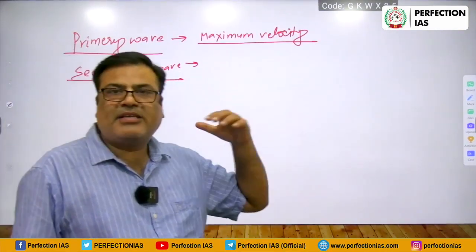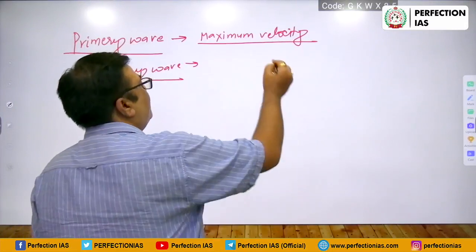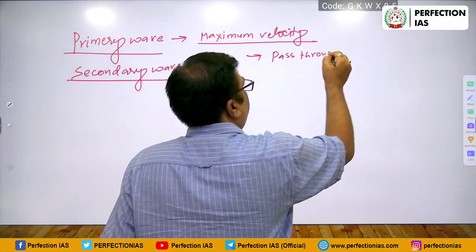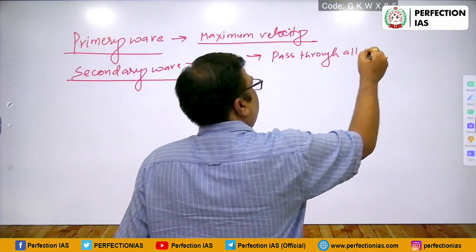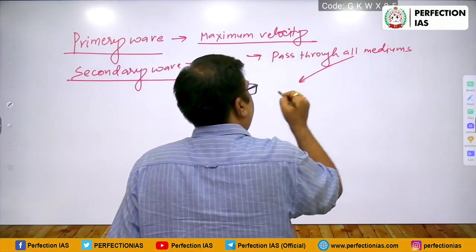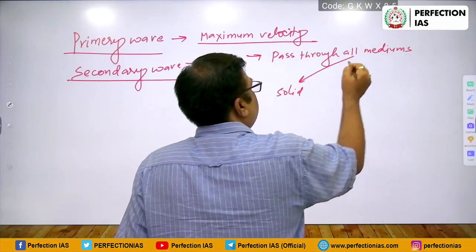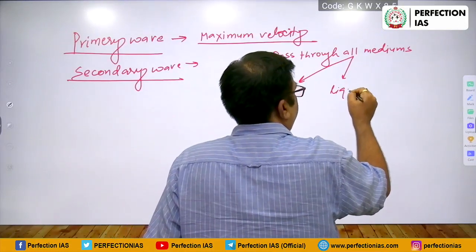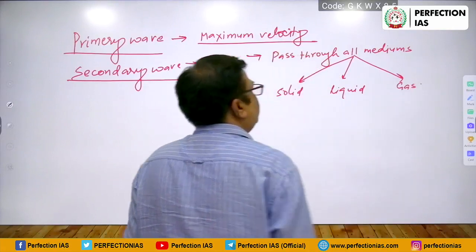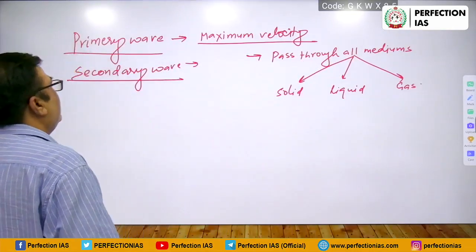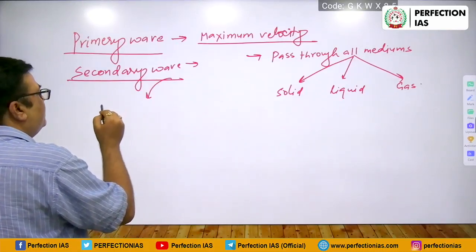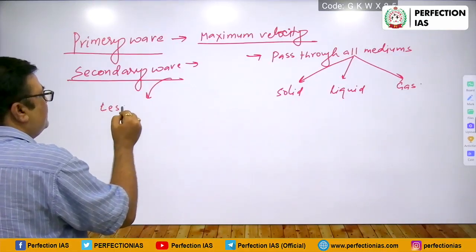Primary wave has maximum velocity and it can pass through all mediums, that is solid, liquid and gas. All right. Whereas the secondary wave is there, that can pass through, means कि its velocity is